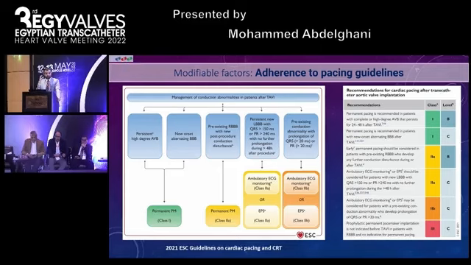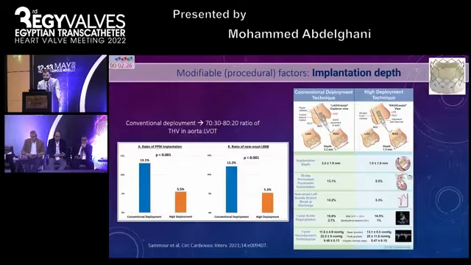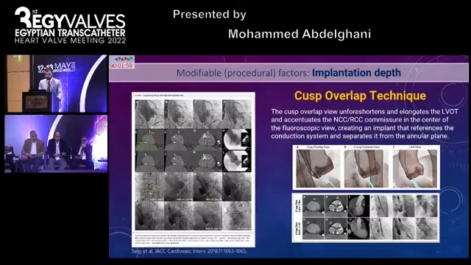fortunately, we eventually had very clear recommendations from the very recent pacing guidelines about the indications for pacemaker implantation in TAVI patients. Among the modifiable factors, which is namely the implantation depth, actually the majority of the data we know is related to the self-expandable platform. But indeed, this applies to almost all platforms. Even for the balloon expandable device, if you aim towards a relatively shallower implant, then you will need the pacemaker less often. And it has been recently